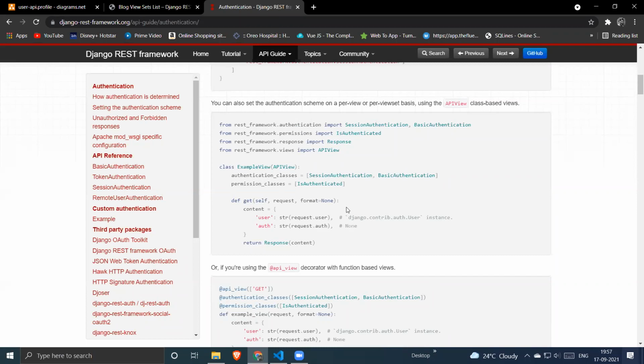Okay, Vivek. What about the others? Okay, Roshan. So I think you have not visited the documentation.